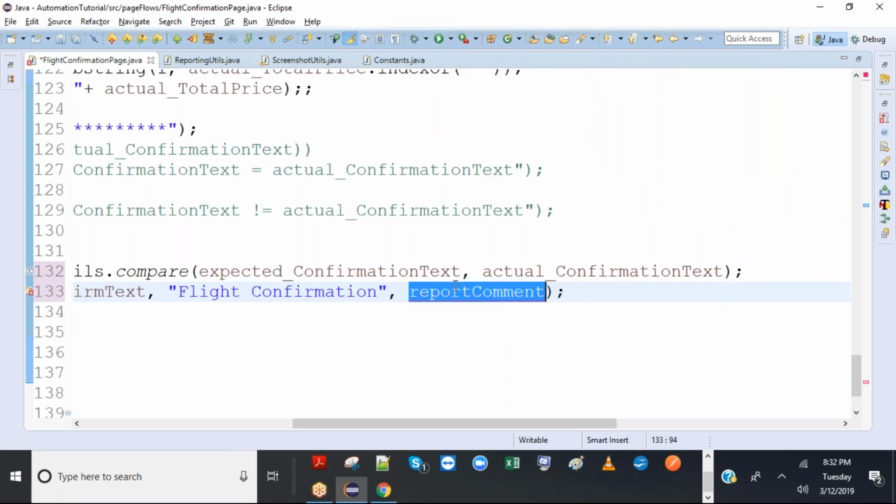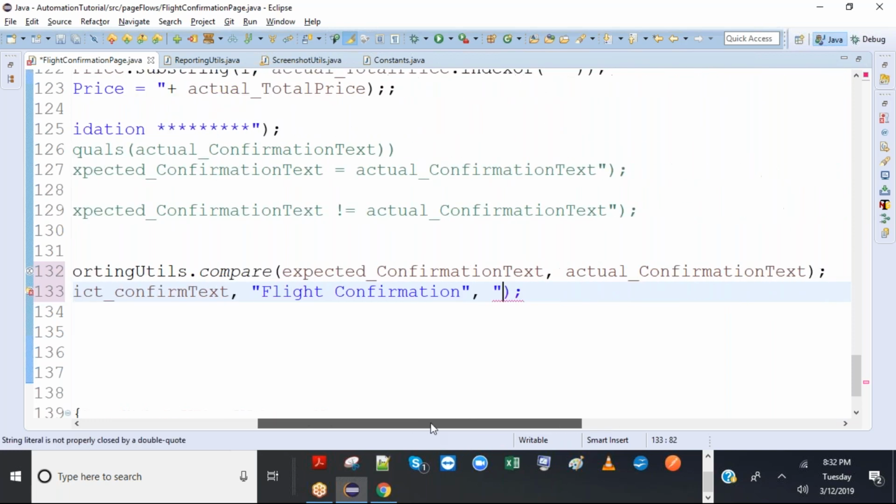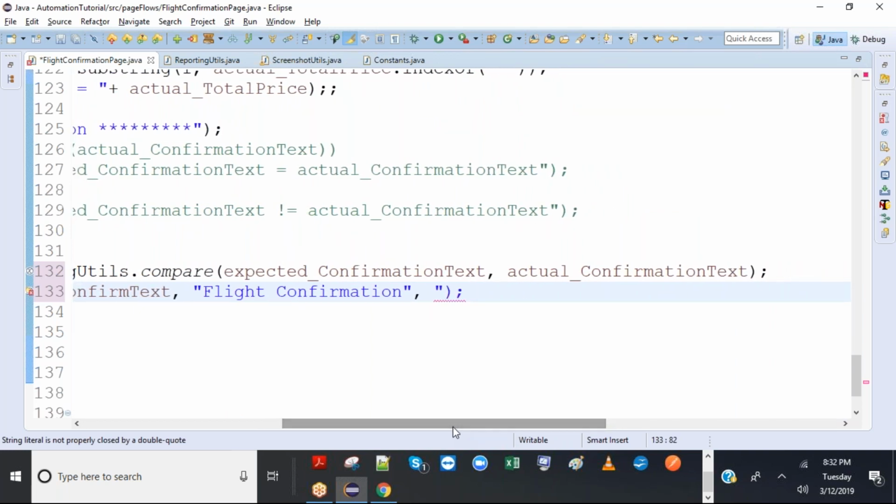And the report comment, you want to say flight confirmation text validation. This is too specific, this is general.